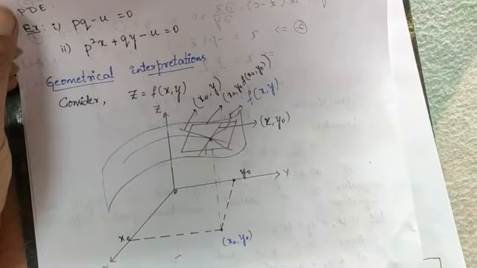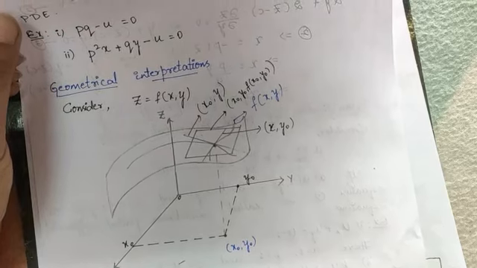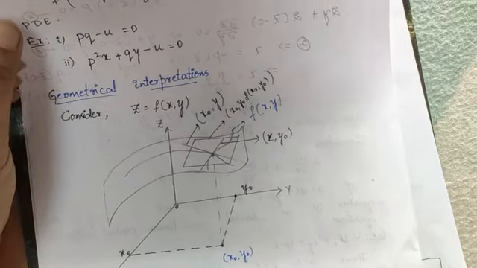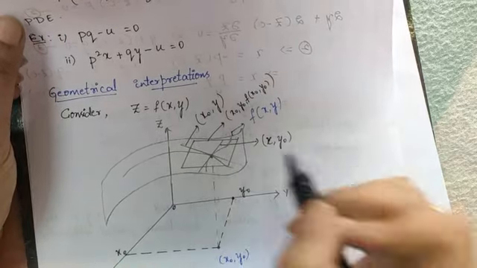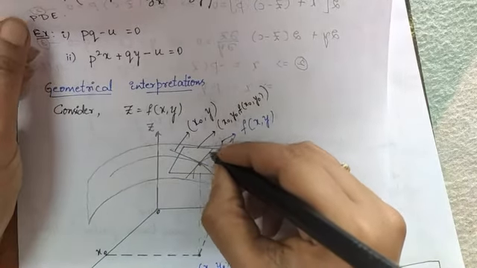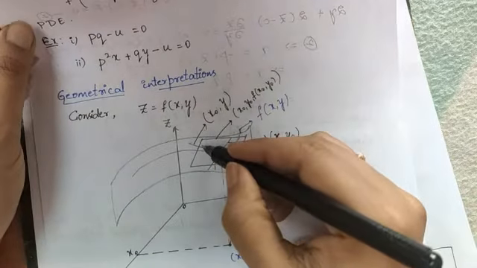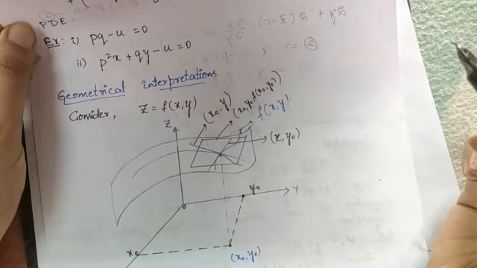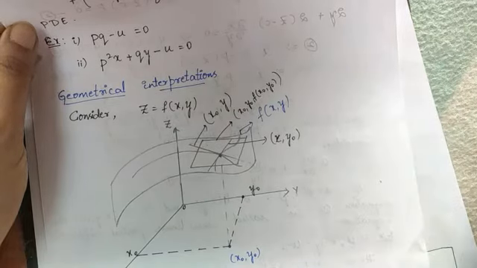Since we know that the geometrical meaning of a differential equation is the slope of the tangent, right? Now I will implement that concept here. Since I'm getting a tangent, this is nothing but your derivative. You can observe this tangent is the derivative when y0 is constant, and this line is the derivative when x0 is constant, right? So now let's implement this concept to our differential equation.